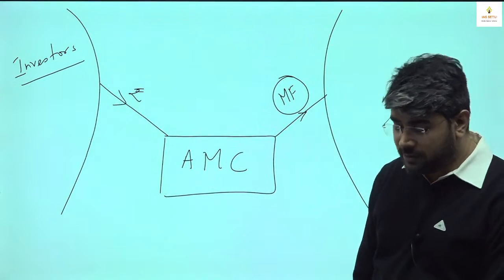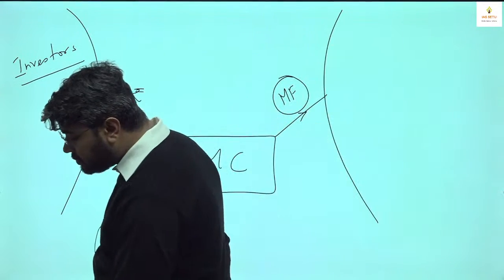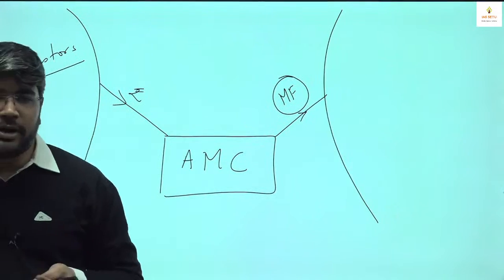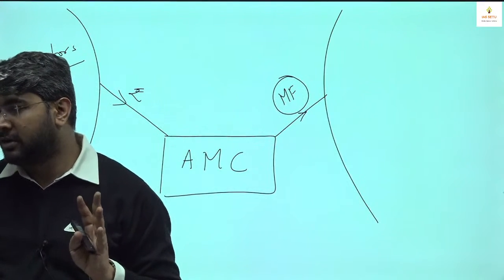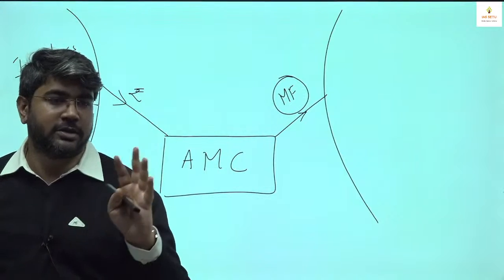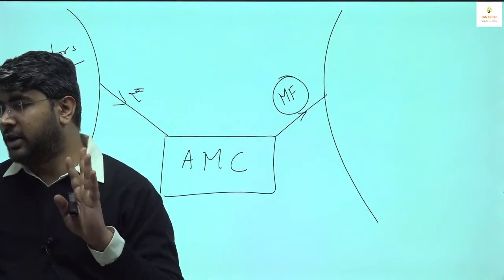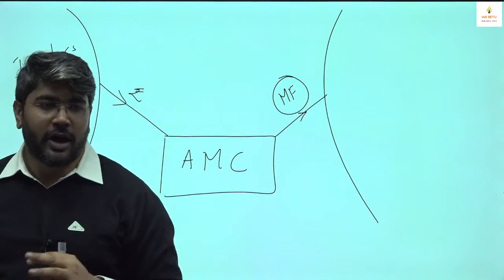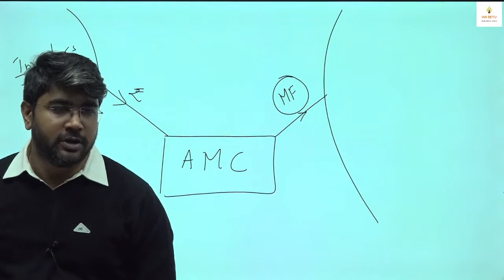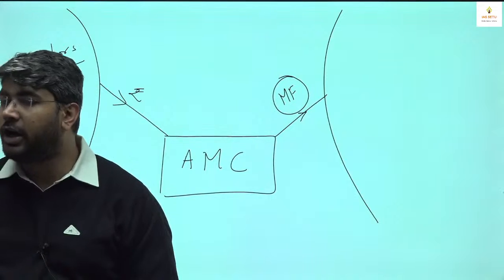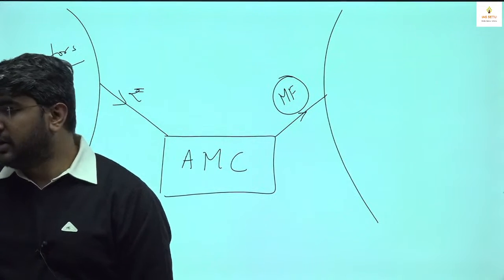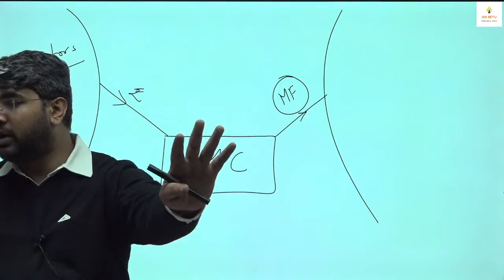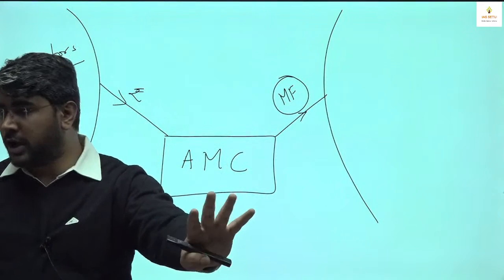For example, let's say you tell me that, sir, we are young and thereby our horizon period, the time period of investment is relatively higher compared to other people, and thereby we can stay in the market for 15 years. Whatever we invest, we will require that money back somewhere around 15 years. And we are expecting gains of, let's say, close to 20%, 25%. Based on this assessment, I can say, okay, I can go for almost 80-20% of ratio, where 80% of your funds can be channelized, or 90% of your funds initially can be channelized towards equities, and the remaining can be channelized towards debt. Or I may invest 100% into equity earlier for the first 10 to 12 years,